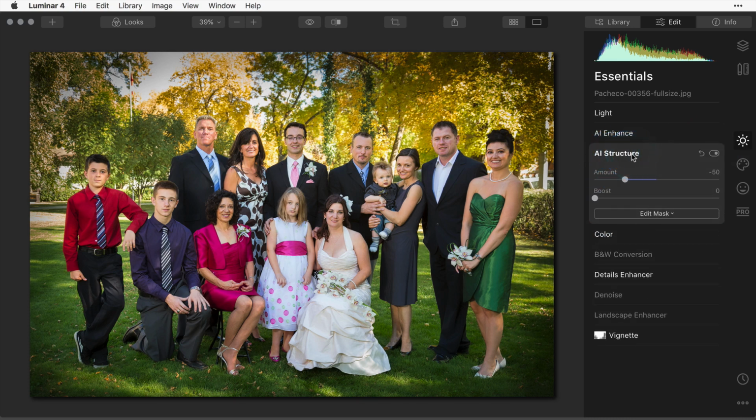The first one is the AI Structure. And the AI Structure will allow you to enhance or decrease the amount of detail and clarity in particularly the background. It does a really good job of recognizing where there are faces. So if I go to the plus side, it's going to increase contrast. You see that in the background, but not so much in the faces. It is applying to them somewhat, but not as much, because it does a pretty good job of identifying where